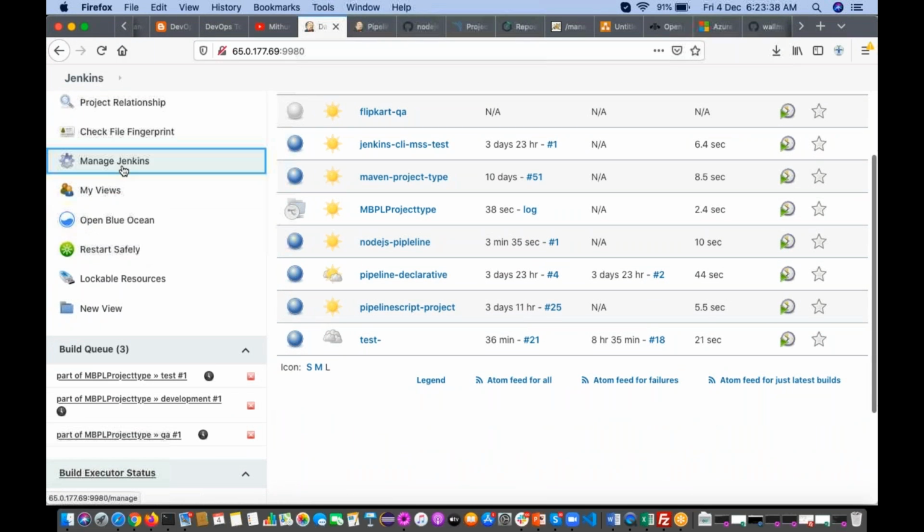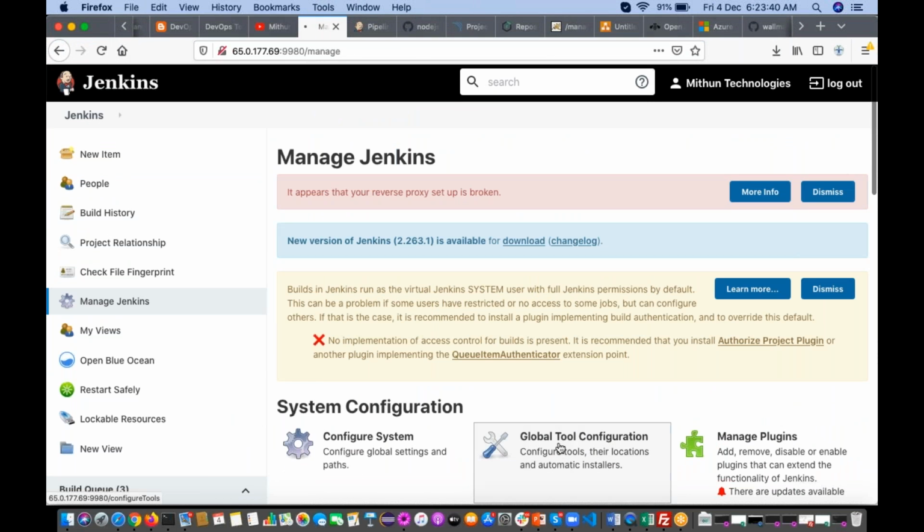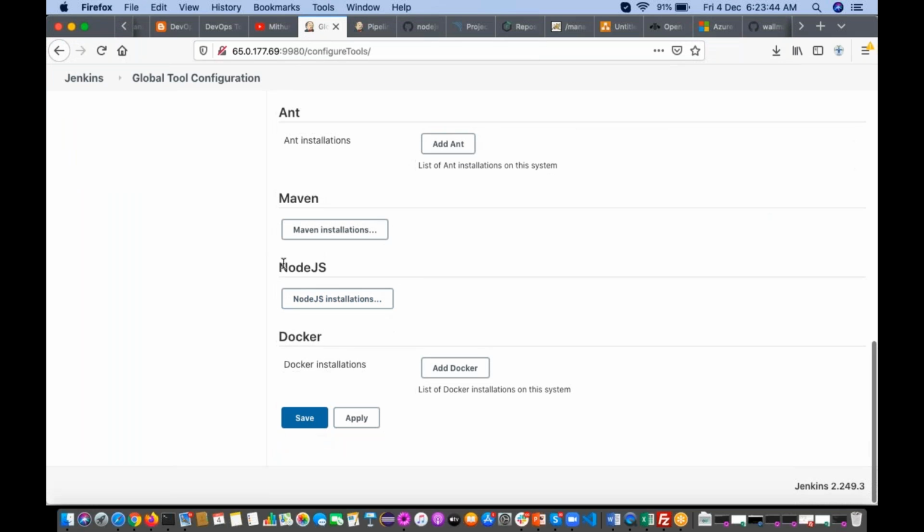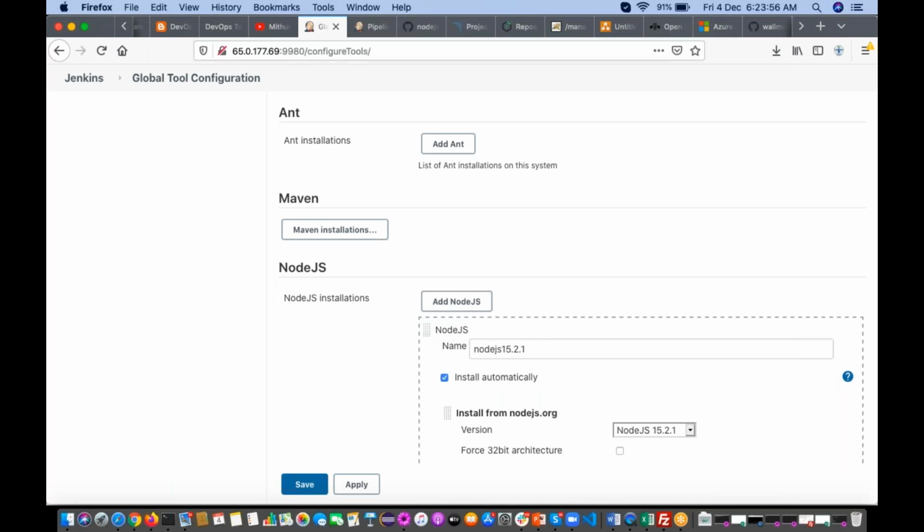Go back to Global Tool Configuration and you can check it here. See Node.js, you can see this option now. Earlier it was not there. Now click on Node.js installations.